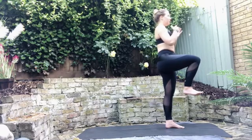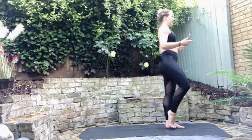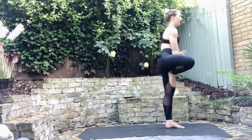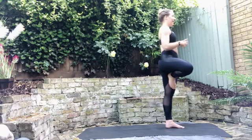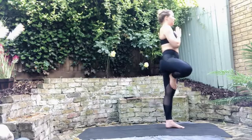And then we're going to move into our tree pose. So taking whichever option you prefer. Either taking left foot to the ankle, left foot to the calf, or use your left hand to help you to take the left foot inside the right thigh, but avoid your knee. Whatever you do, avoid your knee. From here, think about drawing that left knee out to the side. Take your hands to your heart center, gaze stays ahead, breathing in,